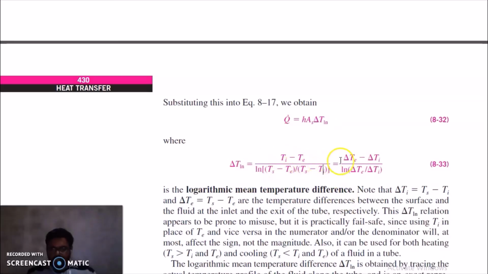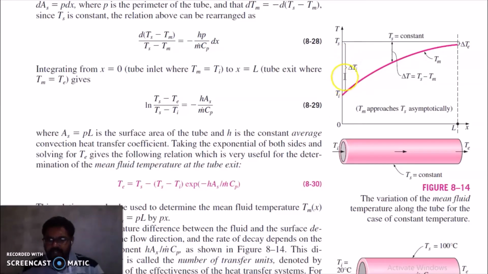You can write it in this form. This will become Ts minus Te. This becomes del Te, and this Ts minus Ti becomes del Ti. From this definition, del Ti is equal to Ts minus Ti, and this